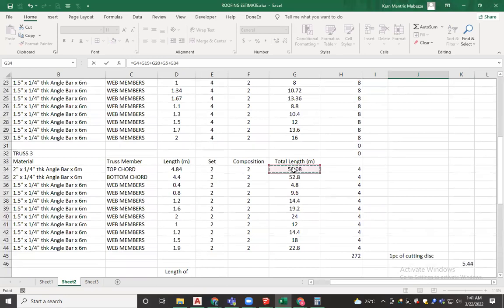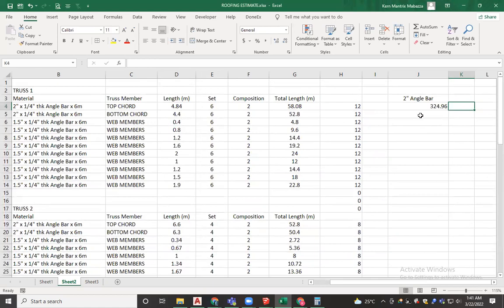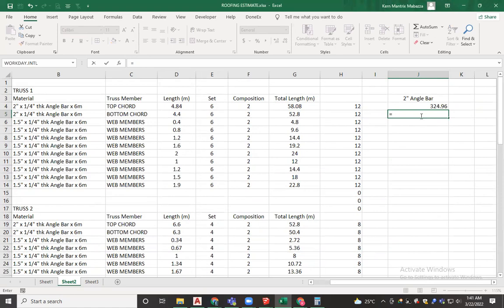Dito 2 inches. Add. And divided by 6 times 10%. Let's say 10% wastage. Divided by 6. Then times 1.1 for this one. We have 60 pieces. Then for 1.5 inch angle bar,